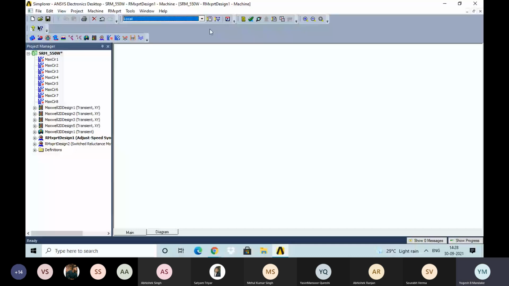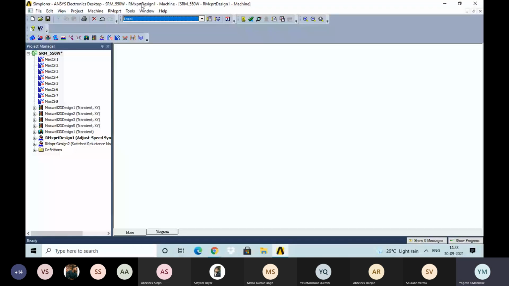Then here are different options like edit the active analysis configuration, HPC and analysis options. Then it shows the simulations that have been started by the user and are waiting in the queue. Then this is related to validation. Then add a solution setup, analyze all, edit nodes, solution data. That means those options which are available as sub points under these main options are available in the symbolic form also.